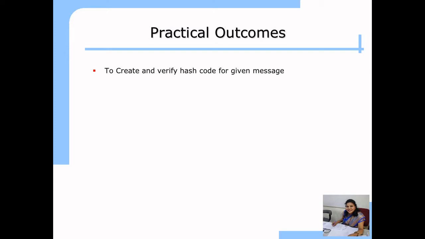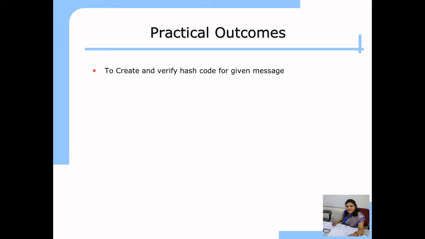Hashing is a process which is used to ensure the integrity of the message. So whenever the sender sends the message to the receiver, the sender first calculates the hash value of the message. Whenever the receiver receives the message, the receiver calculates the hash value of the received message and compares it with the hash value which is given by the sender. If both the hash values match, then only the receiver accepts the message, because the receiver is assured that there is no loss of integrity.